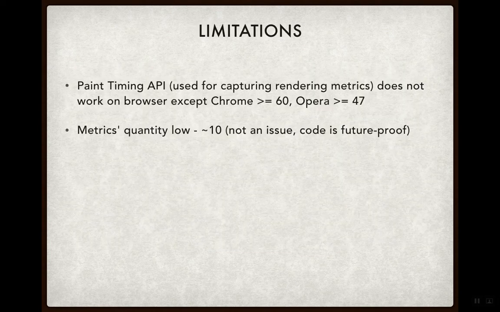Since nothing is perfect after all, here are some limitations that I've observed with the project. First and foremost, the paint timing API, which is used for capturing rendering parameters, only works on versions of Chrome greater than 60 and versions of Opera greater than 47. But this is outdone by the fact that over 90% of the site uses these browsers, so it's not a